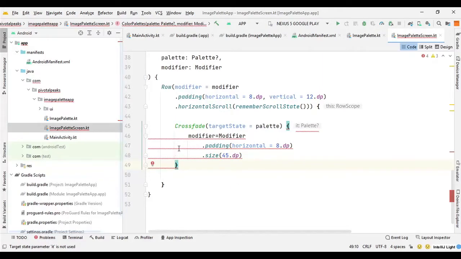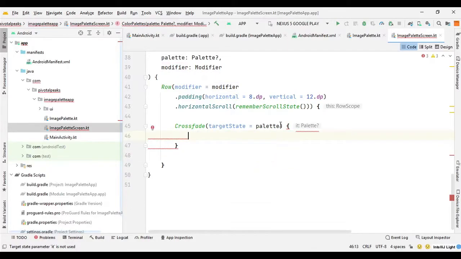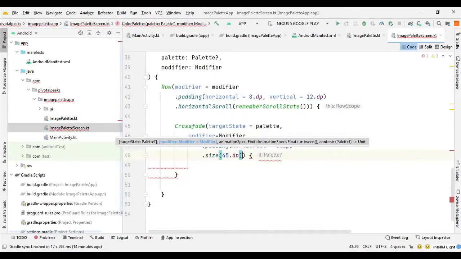Oh, all of these parameters should be inside the constructor. So my mistake, let's put it here.